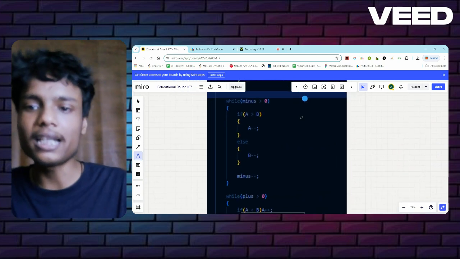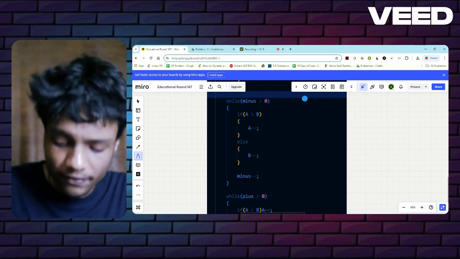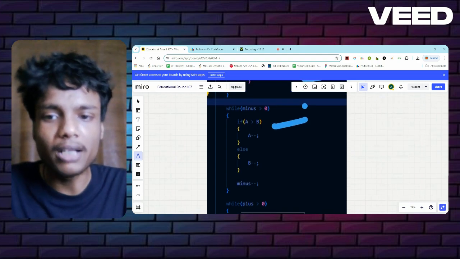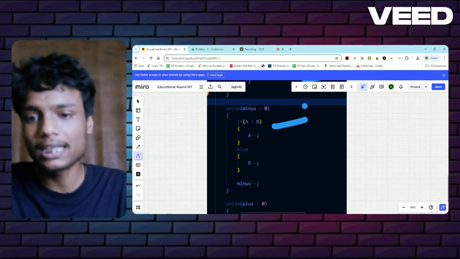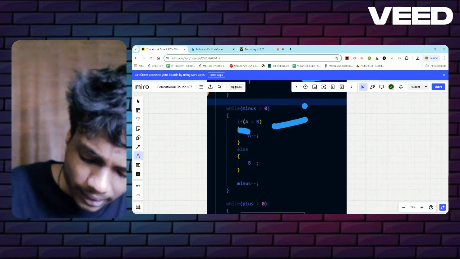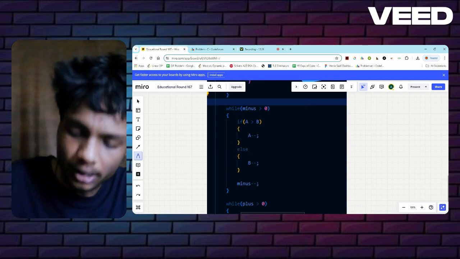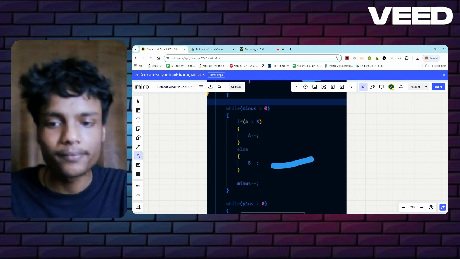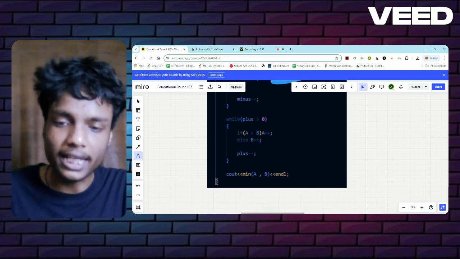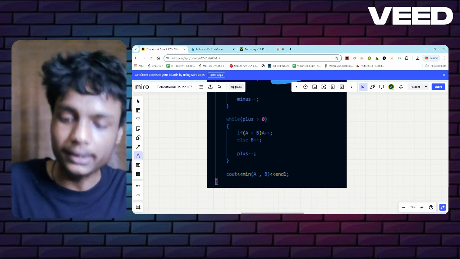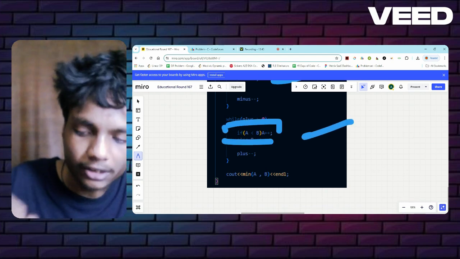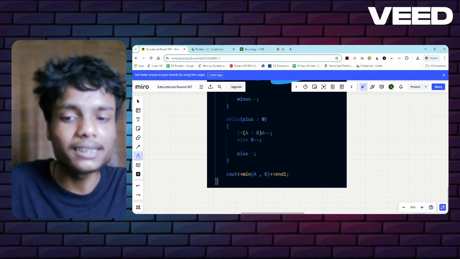ठीक है? And at last, I'm going to handle plus and minus. How? If I found A is greater than B, I know that negative values I want to add to the max values. So here the max is A, so to neutralize, I will simply subtract it by 1 until I make the minus 0. Similarly, if B is found greater, then I'm going to decrease by 1. Okay? If I found the plus value, then I know that I need to increase the minimum value. So in that case, if A is less than B, I'm going to increase the value of A, else I'm going to increase the value of B. And at last, I need to return